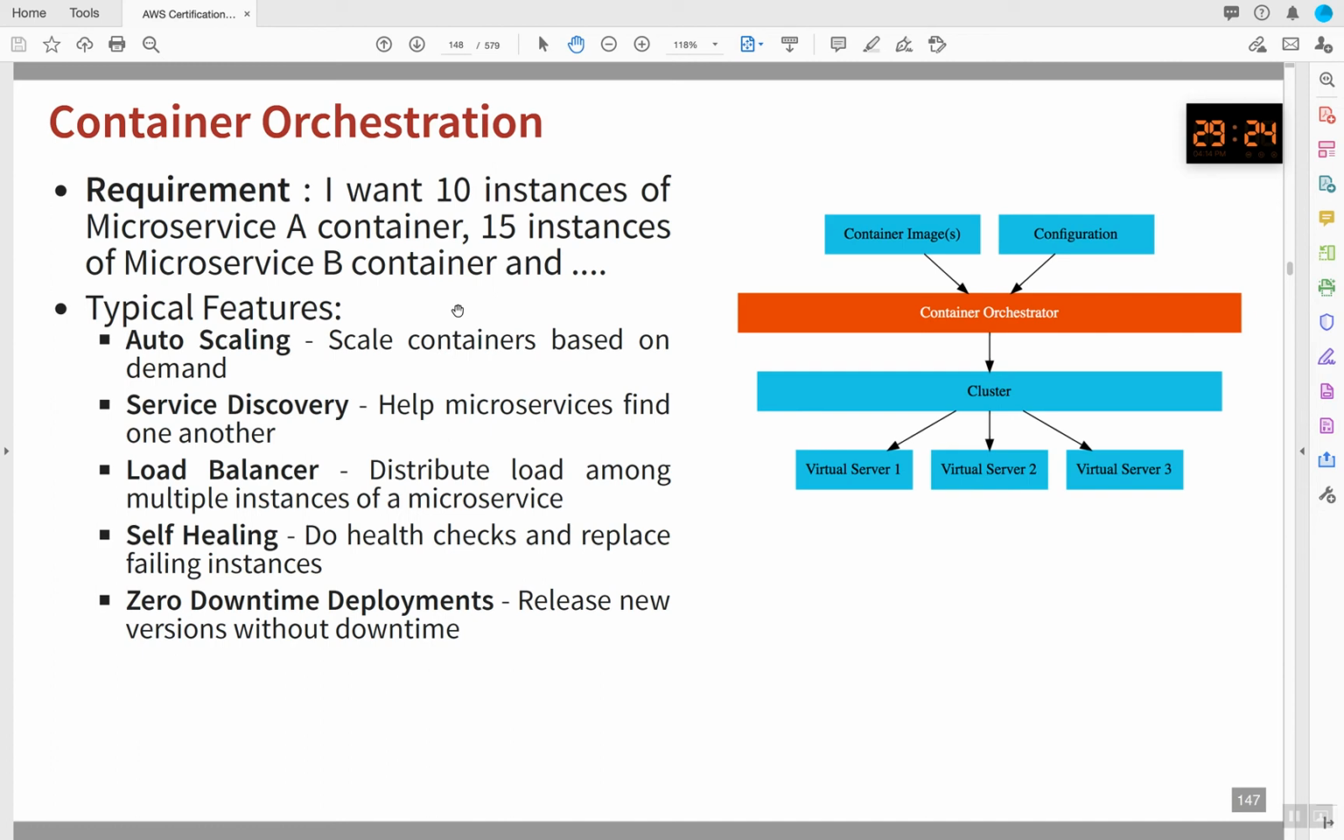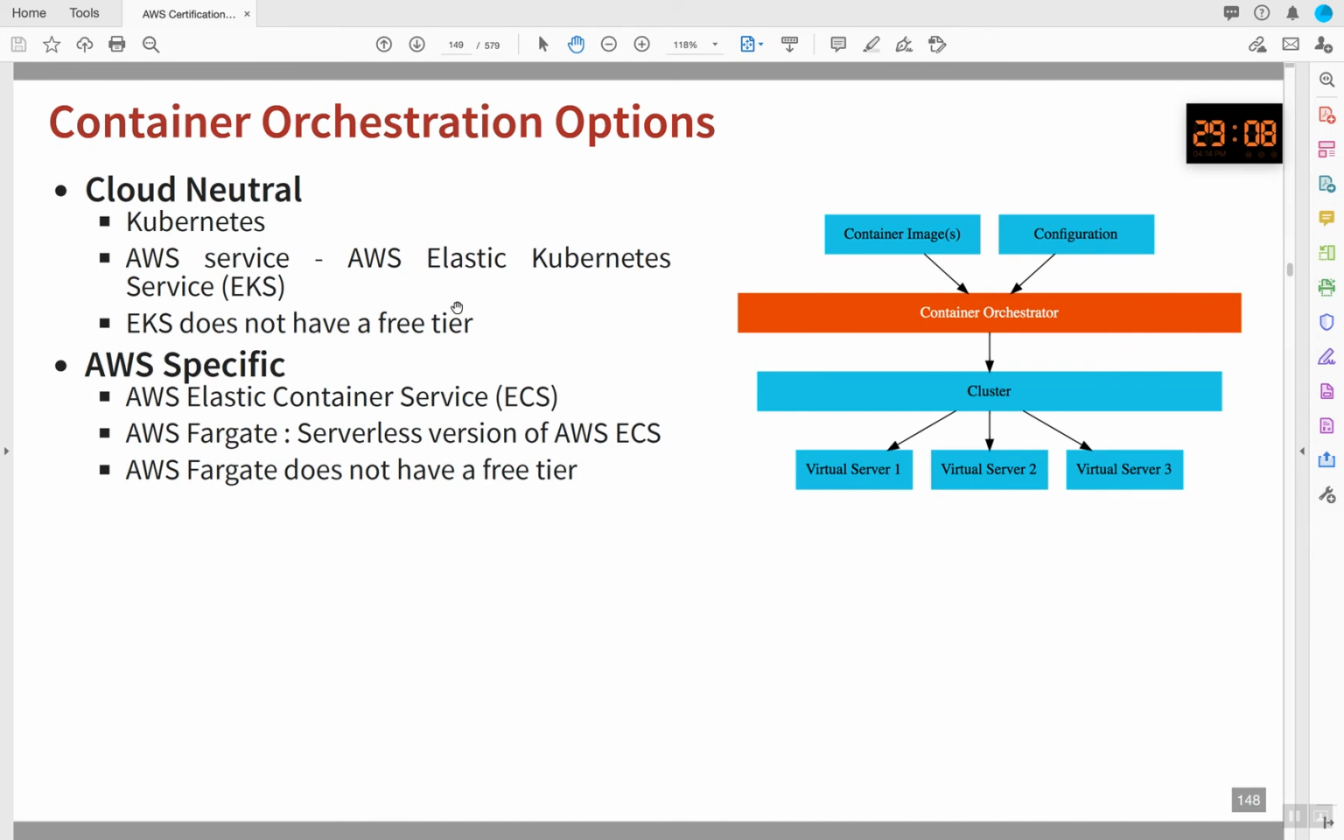Typical features: auto scaling, scale containers based on demand. Service discovery, help microservices find one another. Load balancer, distribute load among multiple instances of a microservice. Self-healing, do health checks and replace failing instances. Zero downtime, release new versions without downtime. Cloud neutral,